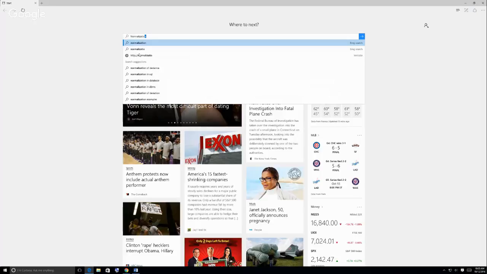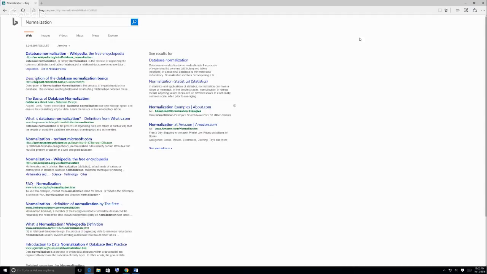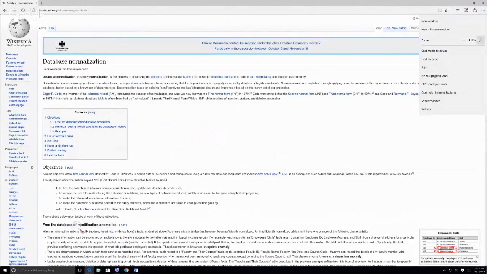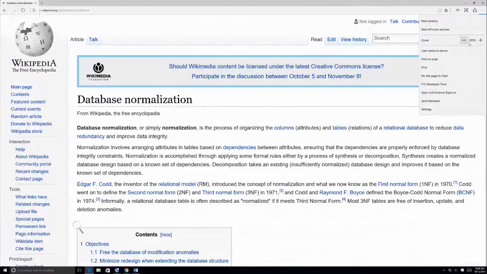So I'm just going to real quickly go to probably Wikipedia on it. Database normalization. And let's make that bigger. What isn't making it bigger? Make it a little bigger. It just wasn't going very big. So